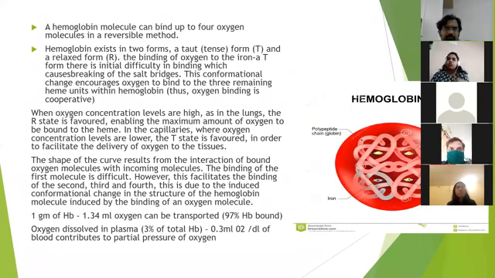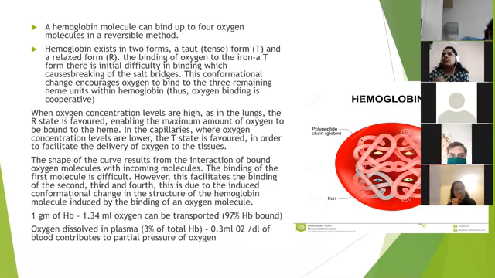So the hemoglobin exists in 2 forms: a tense form, that is a T form, and a relaxed form, which is the R form. The binding of oxygen to the iron: the T form is available because it's venous blood, and there is a binding of oxygen with the T form. Initially there is difficulty in binding, which causes breakage of the salt bridges in the hemoglobin structure, causing a conformational change in its structure, which encourages the next molecule of oxygen to bind in the next globin chain. This favors another oxygen, a third oxygen, to bind to the heme unit within the hemoglobin.